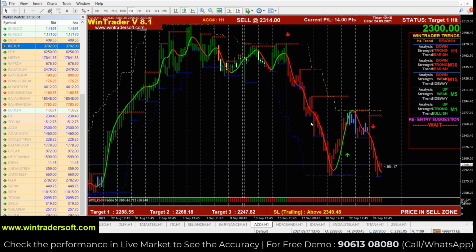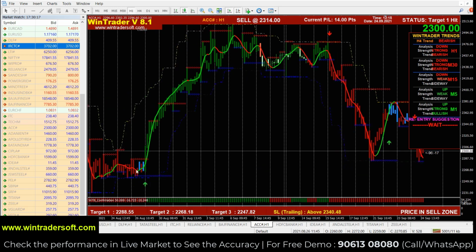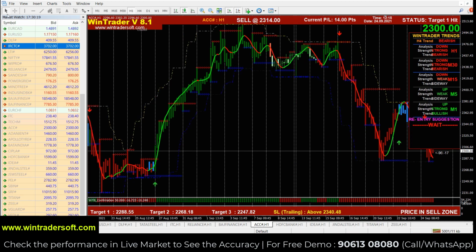And this is the ACC chart. ACC also has a sell signal generated right now, and the sell signal is working. The previous buy signal was not confirmed, and just before that a sell signal was generated. Before this downtrend started, it gave the sell, and before the buy trend started, we get the buy here. So these are perfect signals. If the signal is generated, at the same time we get the confirmation also. So it's a perfect match signal. You can definitely earn money from this kind of trade. This sell signal also you can check. The signal at the same time got the confirmation in the bottom here. So those signals match perfectly and work perfectly there.